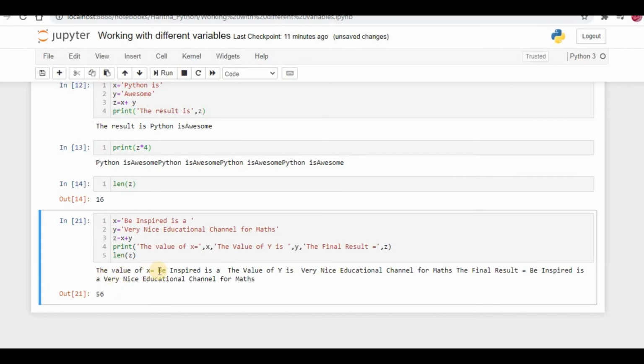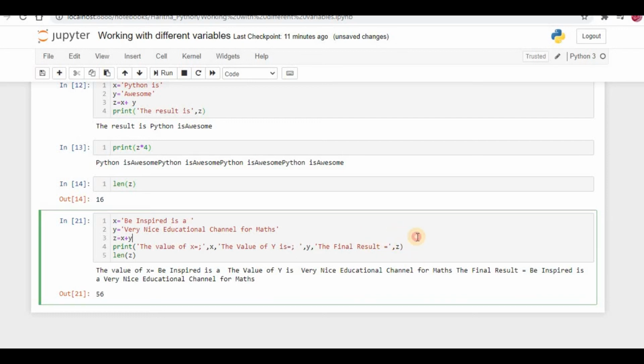Now see here, the value of x is equal to Be Inspired, and then we will place a semicolon here, then we can understand very easily. Otherwise it is going to be a little bit difficult for us to read the statements.